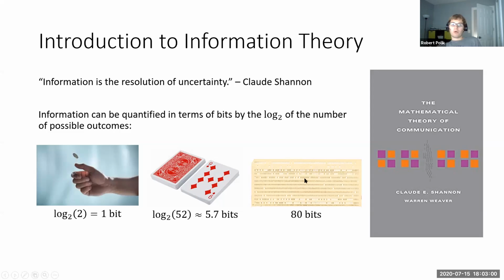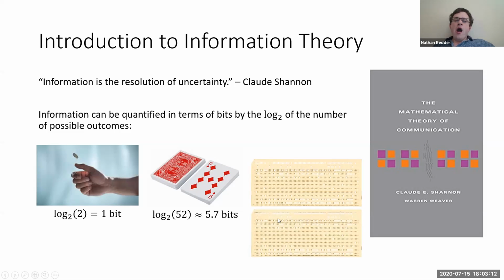So we get introduced to the importance of using bits rather than saying we're transmitting 52 possibilities. It makes more sense to say we're transmitting 5.7 bits when we think about 2 punch cards. So how much information does 2 punch cards have if one has 80? It would have 81. What? Or, no, it would just be 160 then? It'd be 160 bits.